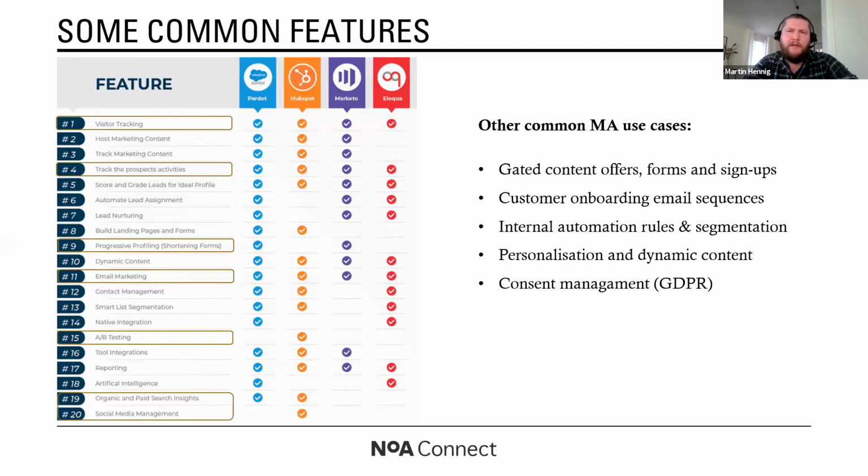Another misconception that we sometimes come across is that marketing automation is either entirely or primarily customer focused, which is also not necessarily the case. There are a lot of internal automations we can use it for. There's a lot of segmentation that we can do on our existing database. A lot of things that are really not customer focused at all, but work internally. We use it for personalization and dynamic content. And on the boring end of the scale, we also use it for consent management, right? Things like GDPR. You always see that little tick box under all of our forms.